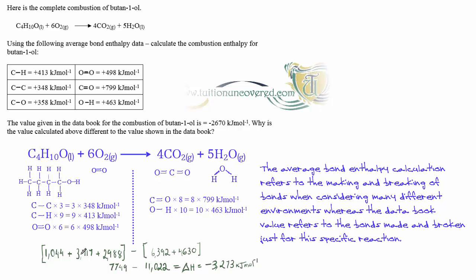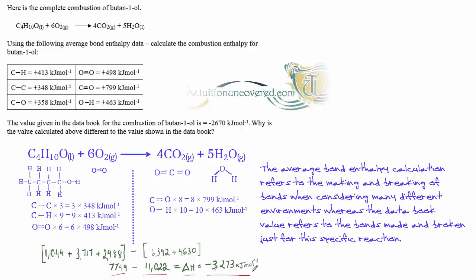This is an exothermic value. My energy going in minus the energy coming out gives me the delta H, which is minus 3273 kilojoules per mole. An exothermic reaction, the energy going in was less than the energy coming out, energy going in to break the bonds in reactants, less than the energy coming out to reform the bonds of the products. Delta H is an exothermic value,